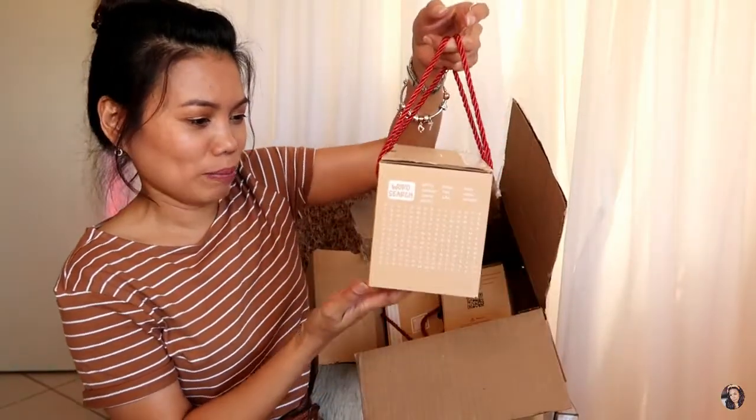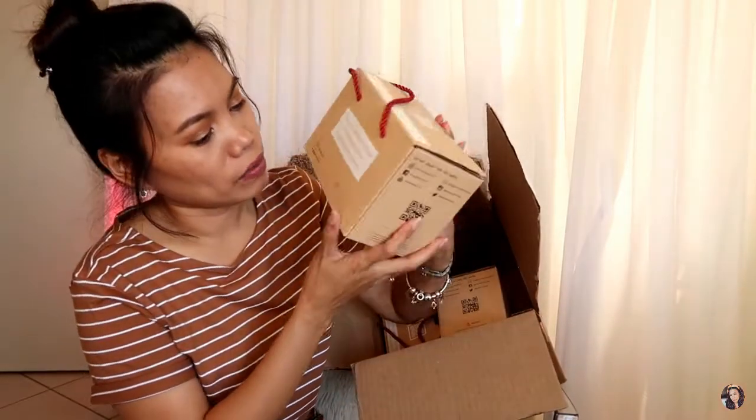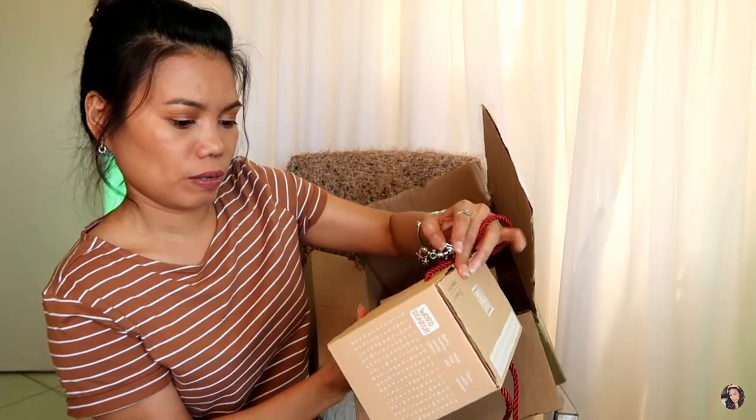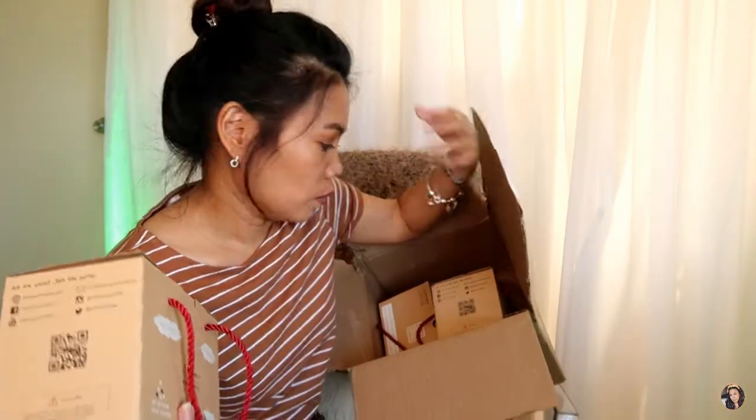What? I thought when they send the package, it's just on the normal like plastic kind of packaging, but this one, wow, I'm impressed. So it says here sa packaging, tell us all about your party. We are on Instagram at Shimmer and Confetti. Nice. So this box right here, you can also do like a gift, as a gift, because meron ditong from and to, so you can easy to set up, fun family activity, premium quality balloons. As you can tell, these balloons ay mukhang mamahalin or good quality. Sa packaging pa lang ha, I have no idea the quality of their balloons yet. I only based on the photo that I've seen on the Instagram